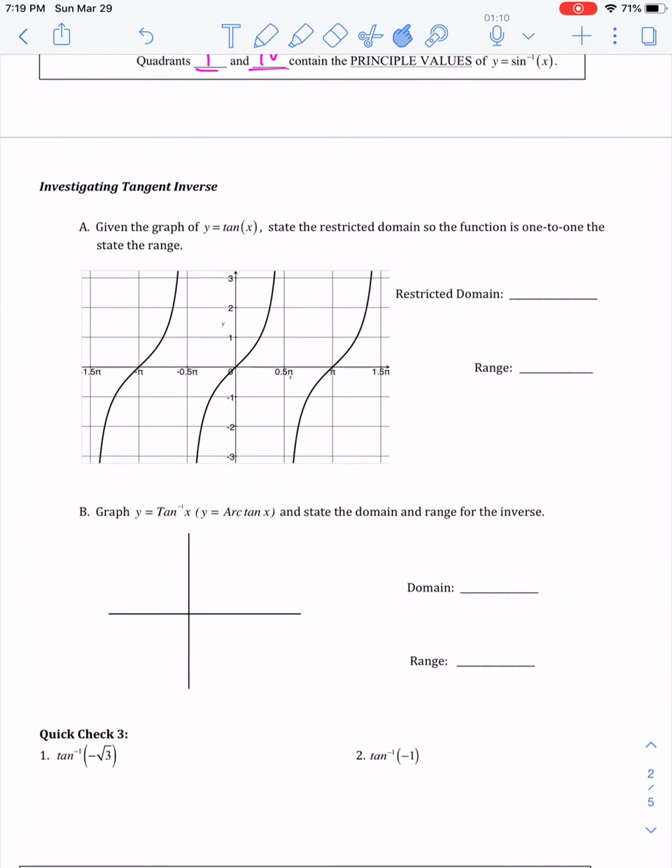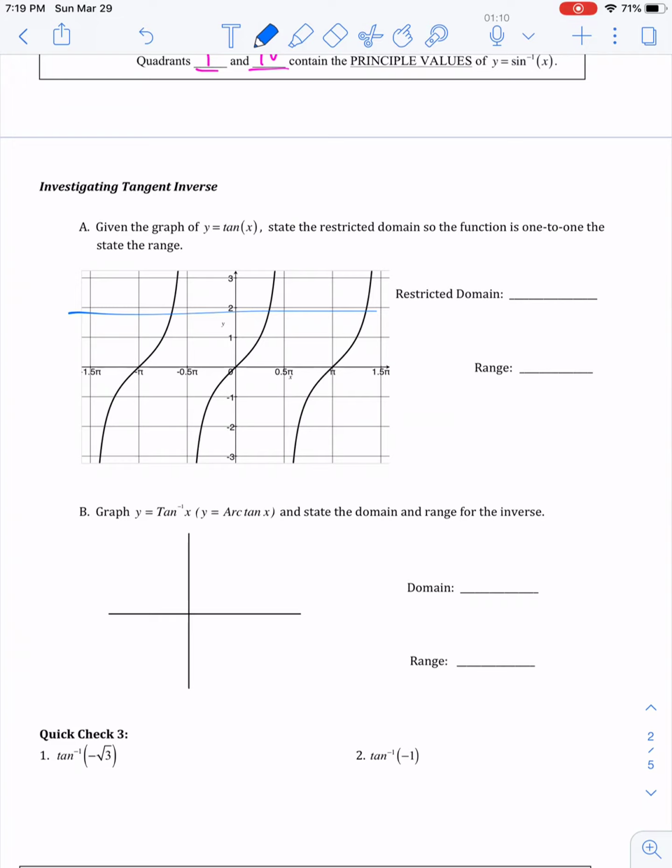Now let's scroll down and look at tangent. Looking at a tangent graph, we can see that this is not one-to-one because it fails the horizontal line test, meaning there are multiple inputs that have the same output. And we know that. There are many angles that have the same tangent value. This is the need to restrict the domain so that we have a function that is one-to-one, does pass the horizontal line test,